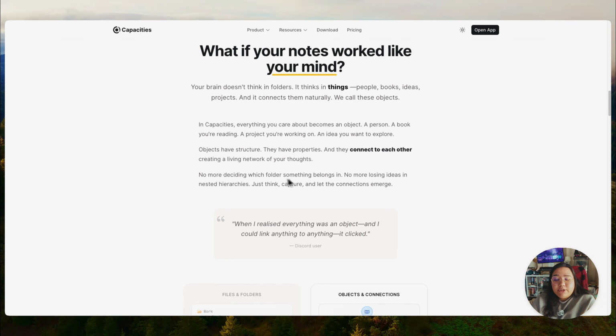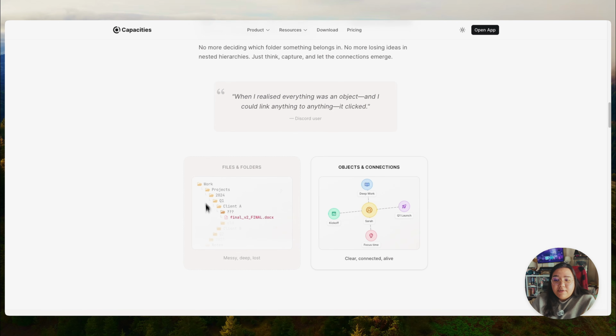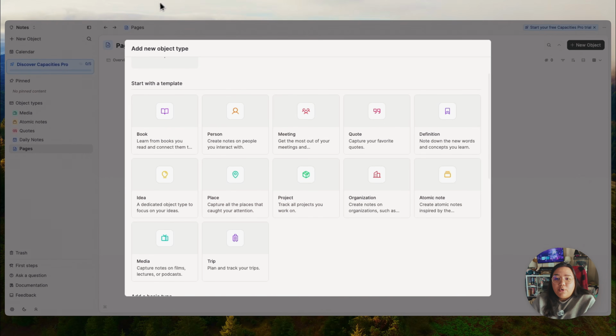No more deciding which folder something belongs in. No more losing ideas in nested hierarchies. Just think, capture, and let connections emerge, right? So instead of the file structure, you have objects. And so that is one big difference between something like Obsidian or Notion and Capacities, is that there are no folders. Now, you can make an argument that